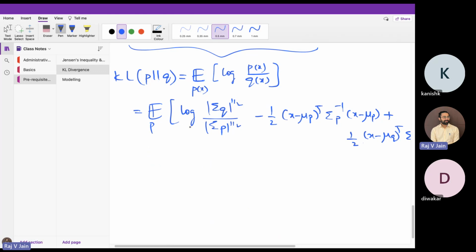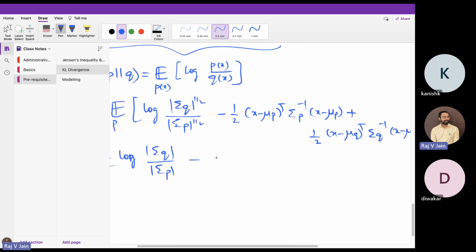This is a quantity which does not depend on the probability distribution P, so I can just write it as half log this. This quantity is now to be taken expectation of this one,